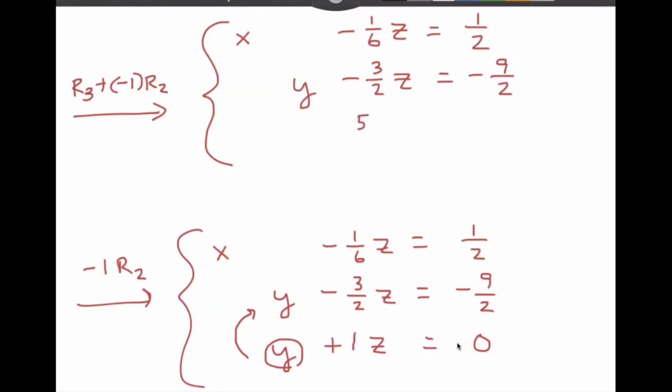So that's going to be 5/2 Z. And then over on this side, we have 0 minus -9/2. 0 minus -9/2 is the same thing as 0 plus 9/2. So that would give us 9/2. Okay. All right, so now the Y column is just the way I want it. Remember, we're trying to get this thing into diagonal form. So the X column is just the way I want it. The Y column is just the way I want it. Now I need to get the Z